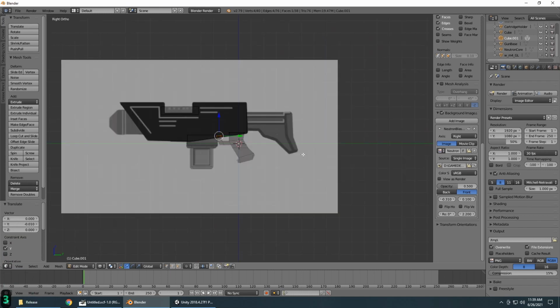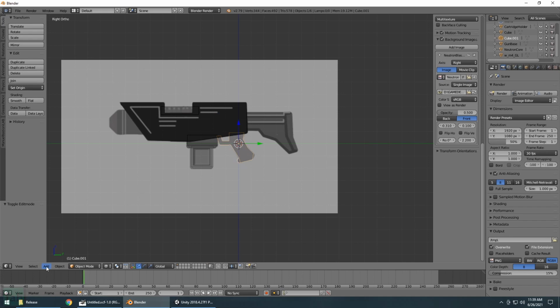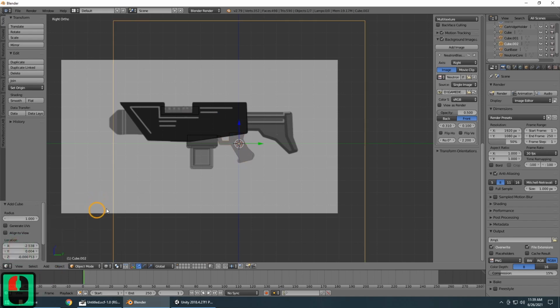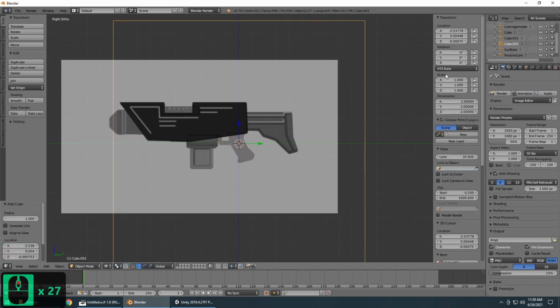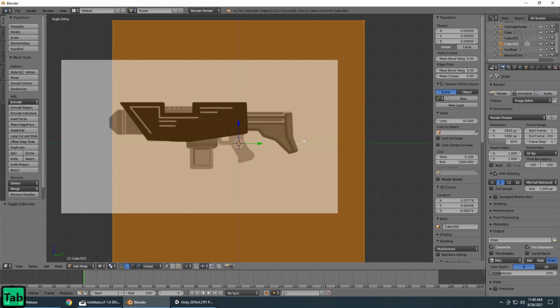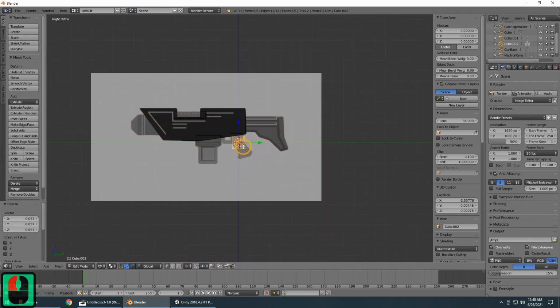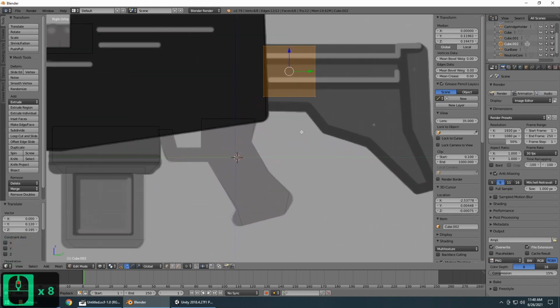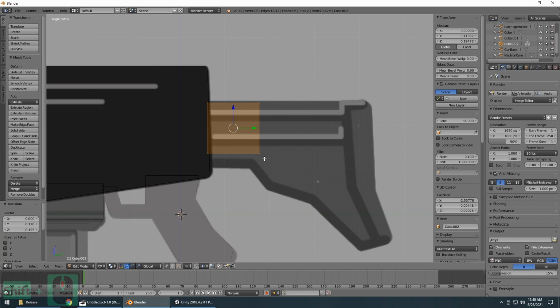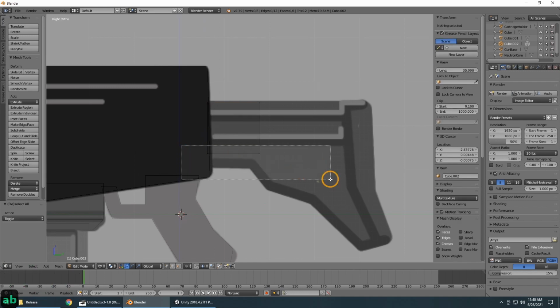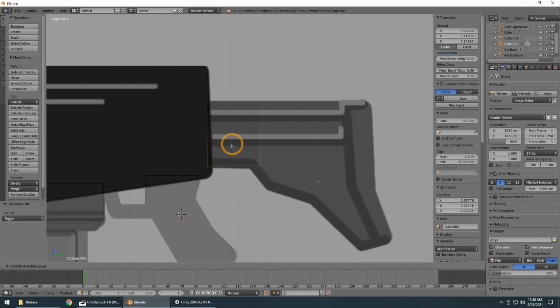So press 3, tab to go to object mode, add mesh cube. Make sure that its transform globally is set to 0, tab 0, tab 0, and then tab select it, get into edit mode. I'm going to scale it down. I'm going to press G to move it over, and I'm going to press A, B, left click drag down, and I actually want this to fit my geometry better,